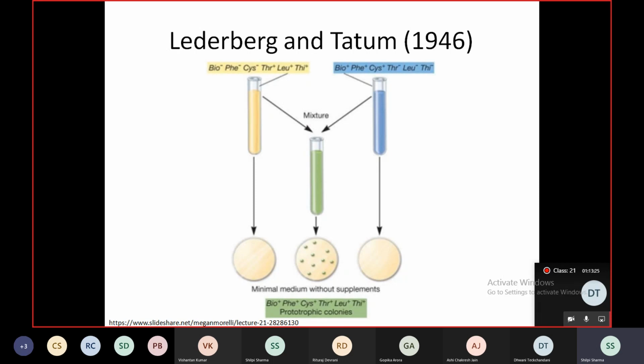Because if the blue one is able to synthesize biotin, there was a hypothesis or an idea that it probably was also cross feeding. So this one was deficient in certain moieties and this one was for the other moiety. So there is probably some cross feeding which benefits the two, and ultimately every organism was in a win-win situation and they could grow on this minimal media. So here genetic transfer was not indicated, but definitely it meant that there was some kind of complementarity.